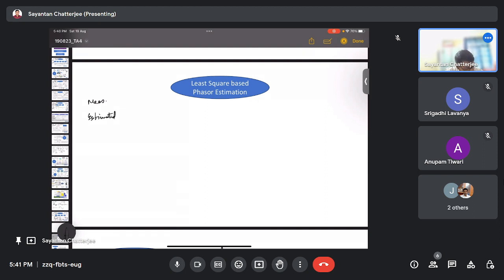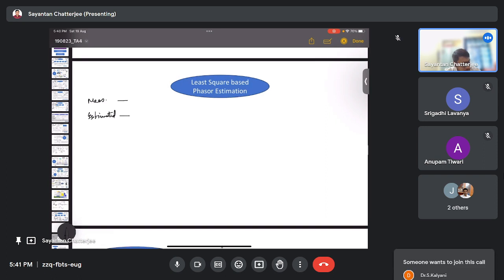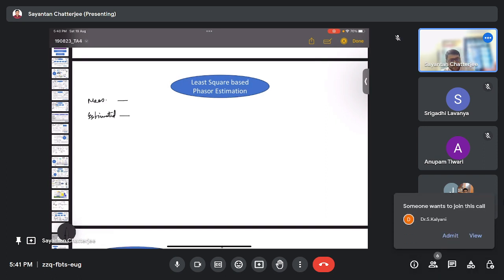What we can observe is that if this estimated value and this measured value match perfectly, then the measured value or the estimated value is perfect. If there are some differences between these measurements and estimated values, then